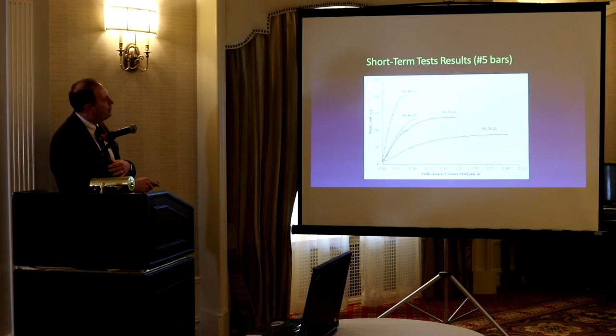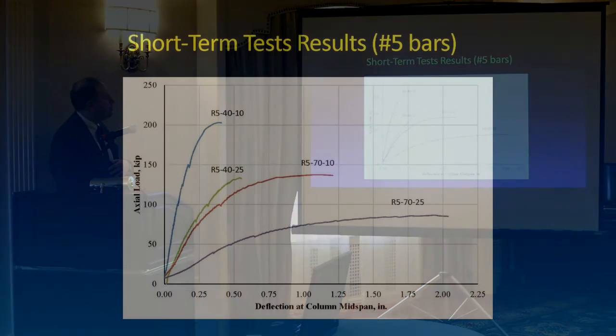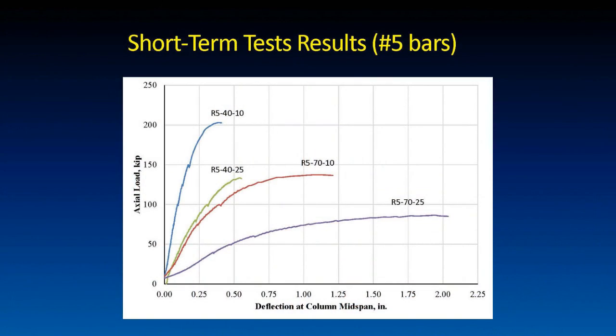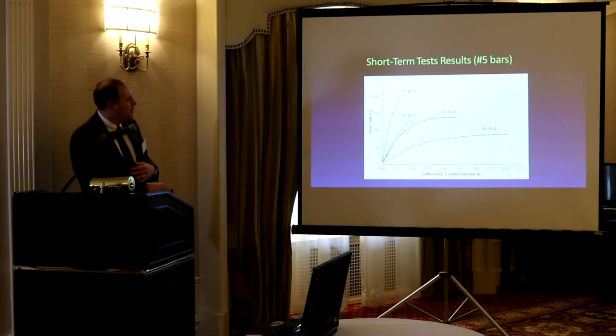So these were all number 5 bar tests that we did. So that would have been about 3.3%. This is the 40 ratio, kL/r 40. These are the 70s. And then 10% eccentricity, 25. You can see how the eccentricity plays a big role, how it drops down the capacity. The 70, obviously, slender, it means you're going to actually have much higher moments on these things, and then the